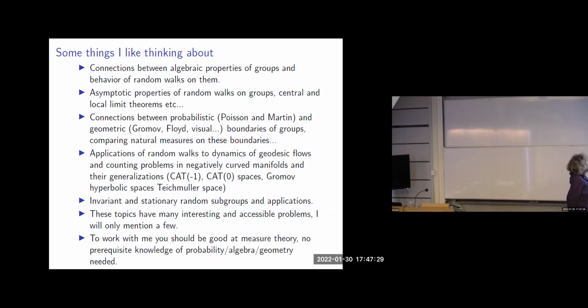So, like, connections between algebraic properties of groups and behavior of random walks on them. The simplest case is the first: we take a random walk on a two-dimensional thing. You'll come back to the probability one, and if you take it in a three-dimensional thing, you won't. It's a lot more complicated. So, like, asymptotic properties of random groups, connections between probabilistic and geometric boundaries, relations between random walks and dynamics of geodesic flows,